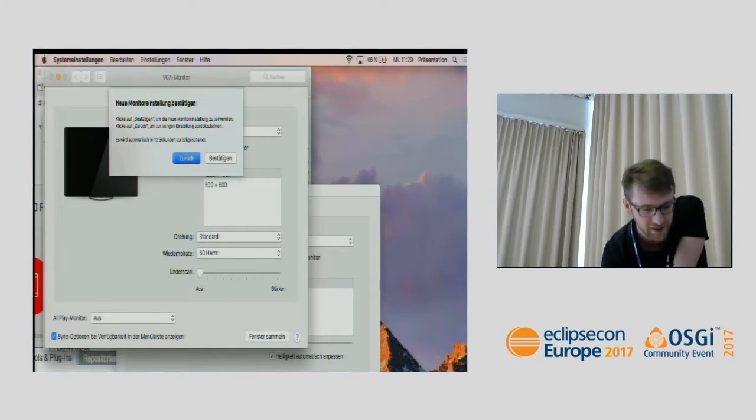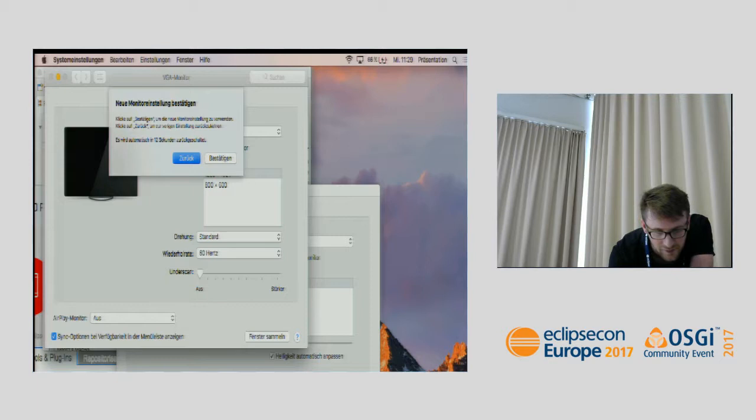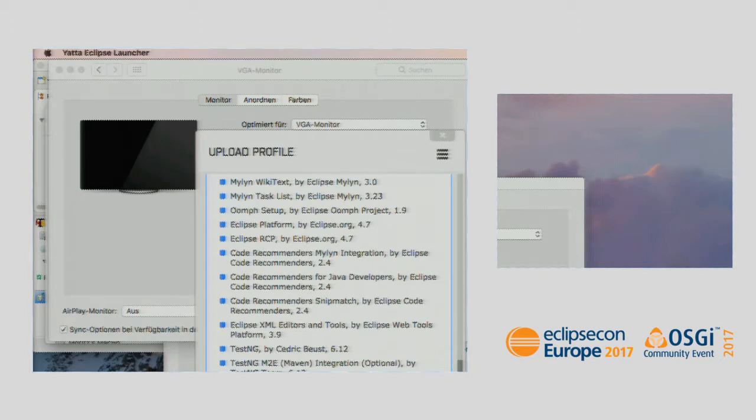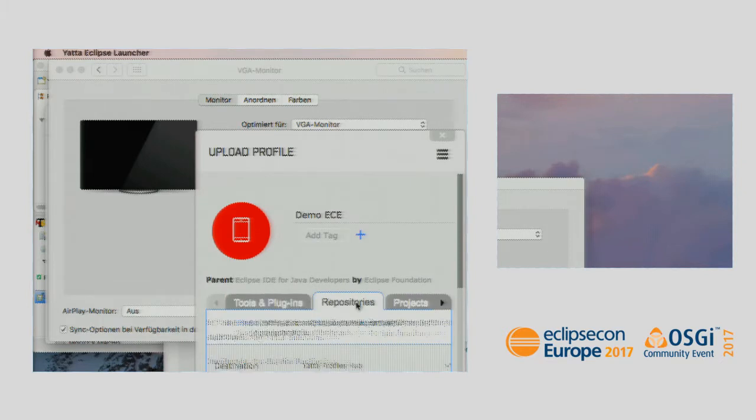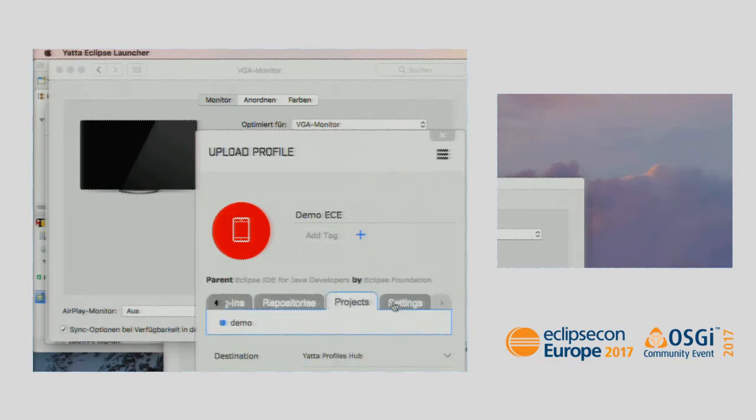Okay, so I can have a short look at what's contained. You see the TestNG support here. You can configure the destination, which is by default the profiles hub, and you can configure the visibility. By default, a profile is uploaded private, so only you have access to the profile. You can have a short look at what repositories are contained, which projects, even the ini settings,